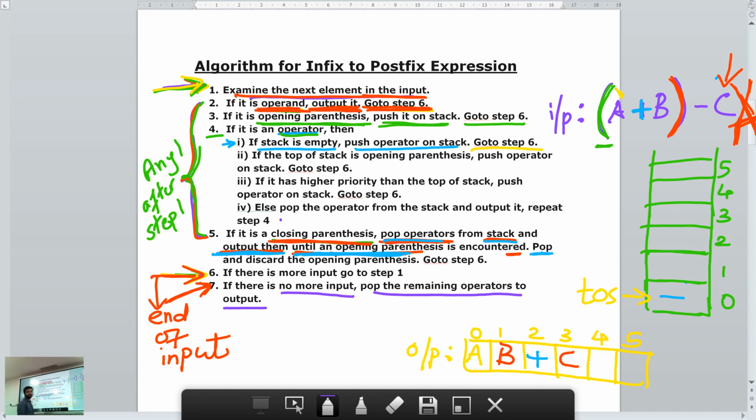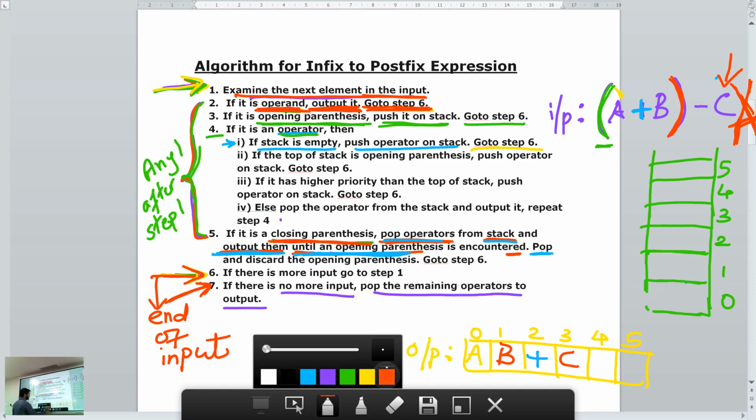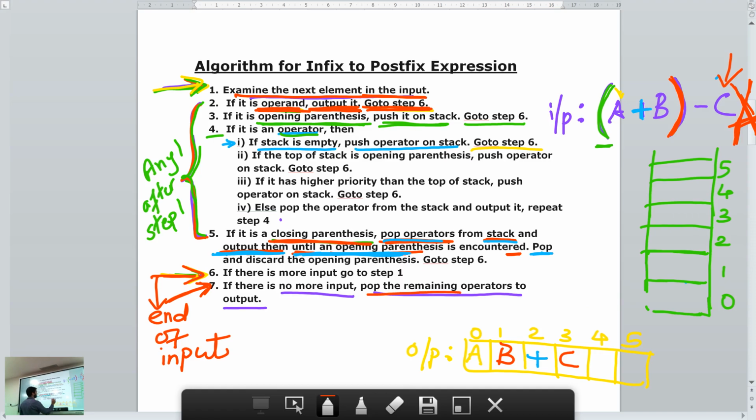So you have to pop them one by one. So in this case right now, we are having only one operator on the stack. So we will pop it, pop this operator, our stack becomes empty. So once you pop the operator, what will you do? You will add it to the output. So pop the operator and add it to the output.